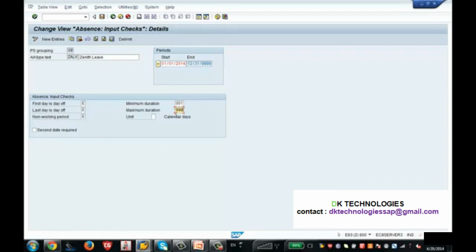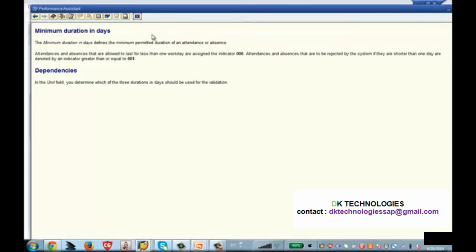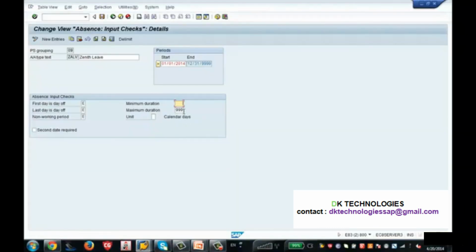You should enter this setting, because if you don't enter it, it means 0 days, no duration. If you press F1, it will tell you the details, like what 001 is, if they are shorter than 1 day or greater than 1 day. So I am putting 001 and the maximum duration is 999. I am saving it.